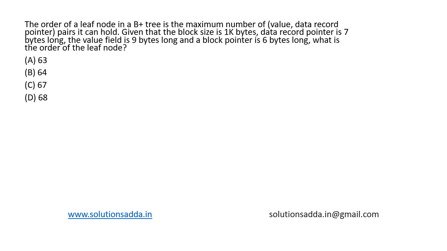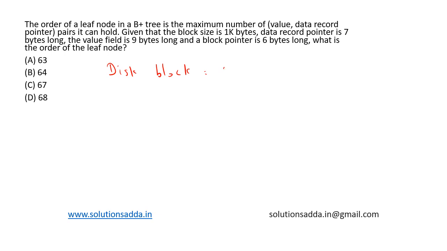This is a question from database. The order of a leaf node in B plus tree is the maximum number of value and data record pointer pairs it can hold. Given that the block size is 1 kilobytes, data record pointer is 7 bytes, and the value field is 9 bytes long, and block pointer is 6 bytes long, what is the order of the leaf node? So the given data here is